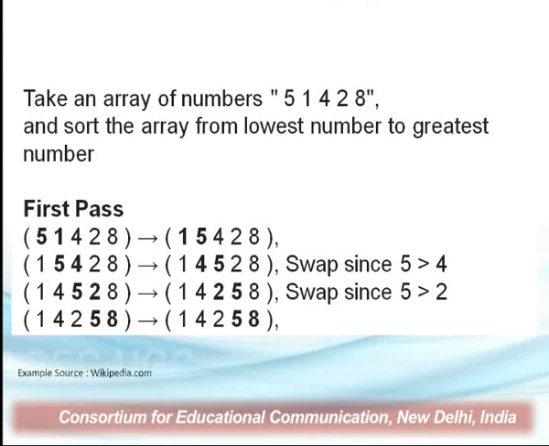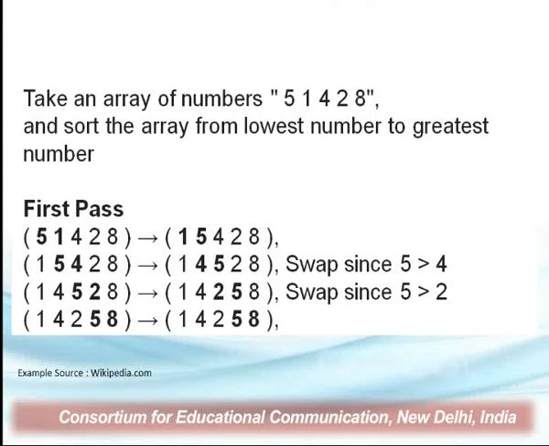Now, the comparison takes place between 5 and 2. So, it becomes 2 and 5 after swapping, since 5 is greater than 2, it was not in the correct order. So, 1, 4, 2, 5, 8, and now the comparison will take place between 5 and 8. So, 5 and 8 are there in the correct order. So, no swapping will take place here. So, here what happens? This whole 4 step is known as one pass, or it is known as the first